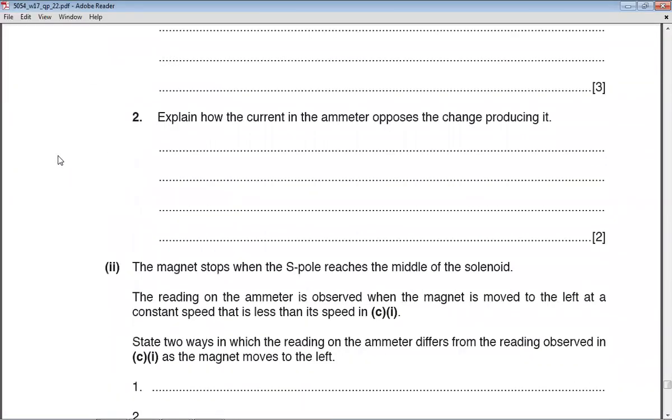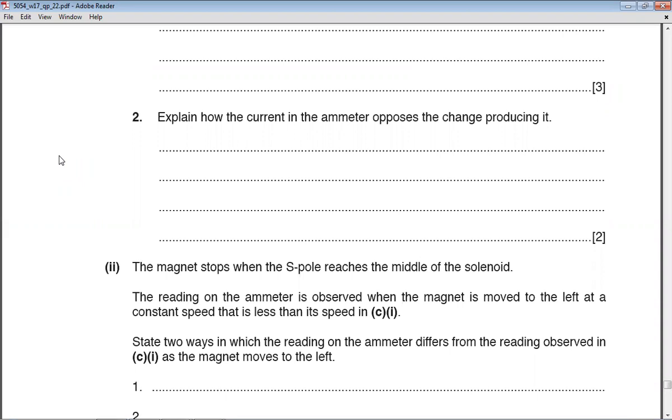The next part is also of 2 marks. Explain how the current in the ammeter opposes the changes producing it. You see, this is Lenz's law, and the current which is induced in that solenoid, it will make that solenoid